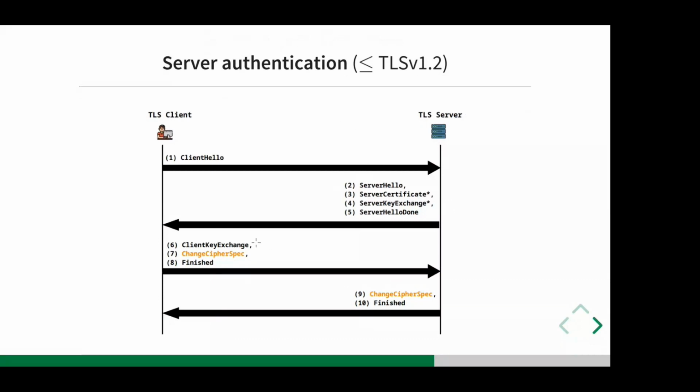Essentially, the first message is from the client, which is the client hello. Then you have the server hello, and after the server hello, the server sends its chain of certificates. So this is the third message. After that, the server sends its public key, and after that, the server sends its server hello done. So the server key exchange message, which contains the public key, is authenticated by the previous one,